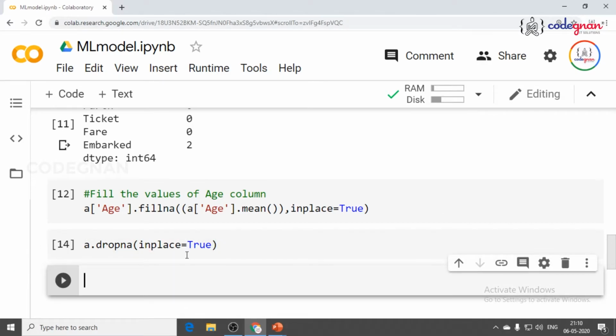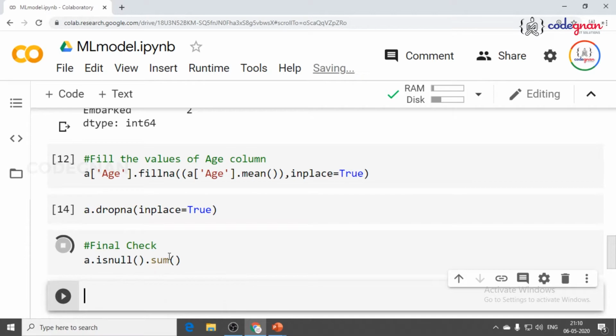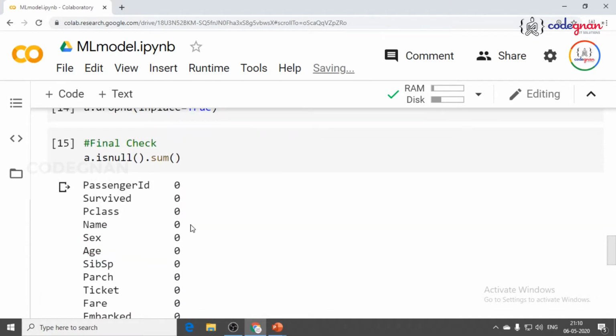A dot dropna. Now the final check, where you can check it clearly. A dot isnull dot sum. Yes, you can see your data is entirely clean.